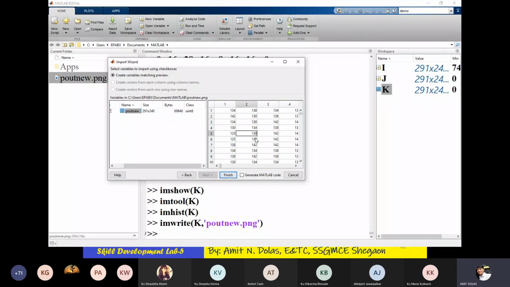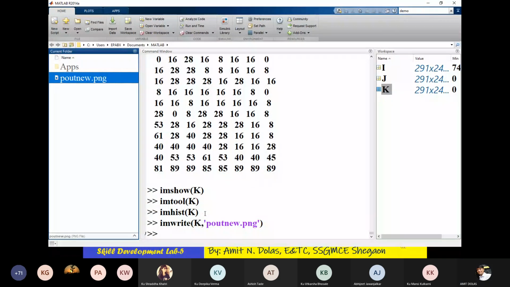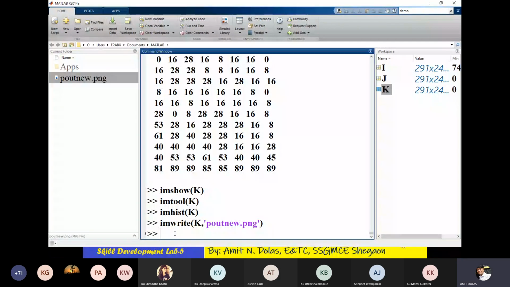So this is the new image. We'll read that image. So I'll use one more, that is a is equal to imread in brackets, single quote, poutnew.png, whatever we wrote recently in MATLAB.